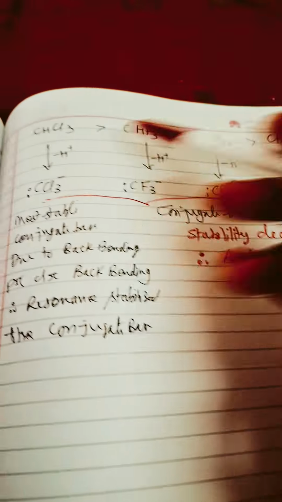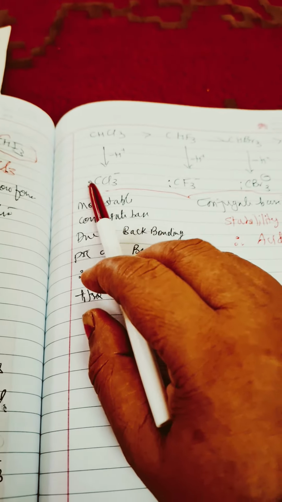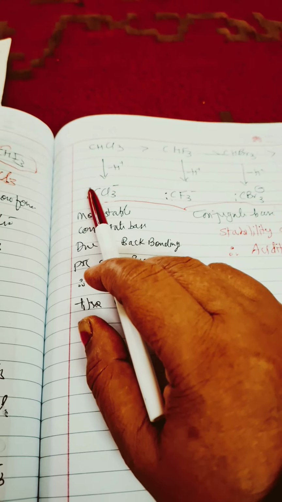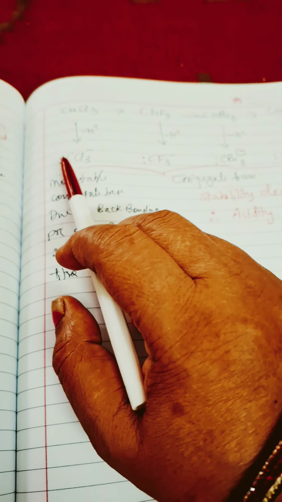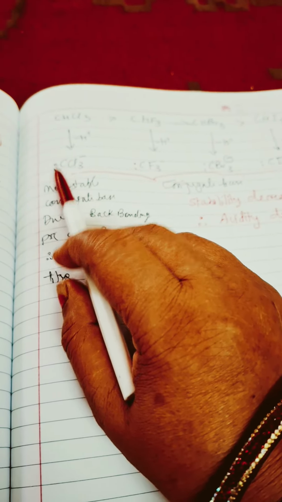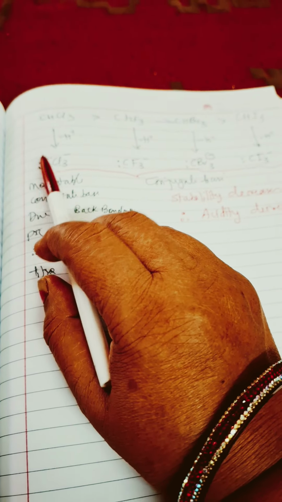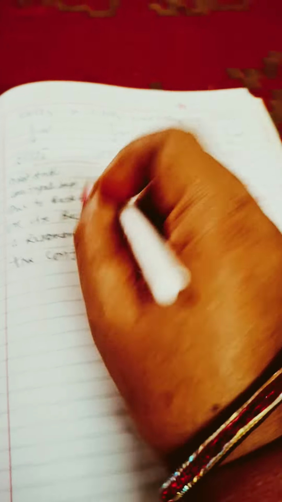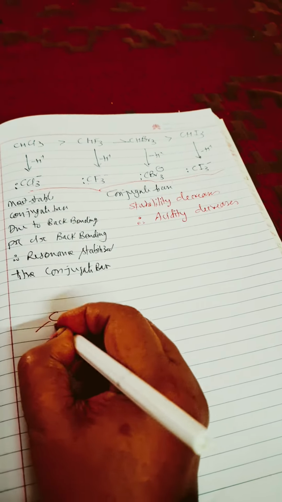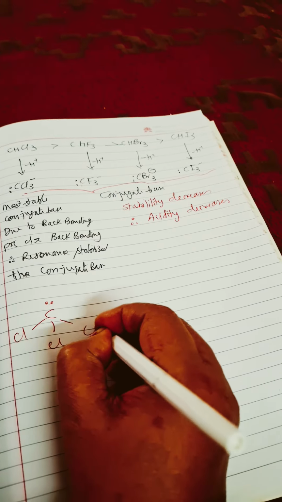1 negative. Each carries a lone pair of electrons over here, and this electron which is present in the conjugate base is placed in a p orbital, and it will donate this electron to the empty d orbital of Cl. See, I have to make it like this. Okay, here this is Cl, Cl, Cl.